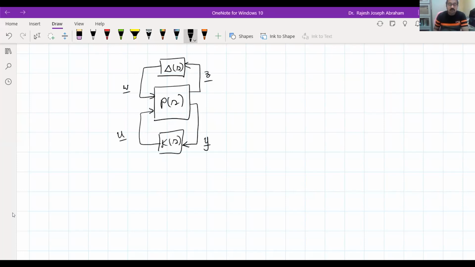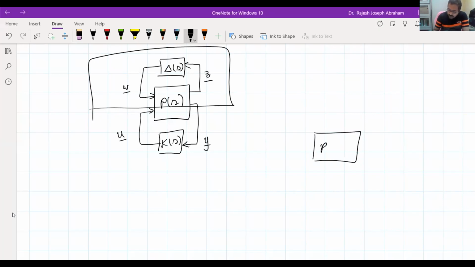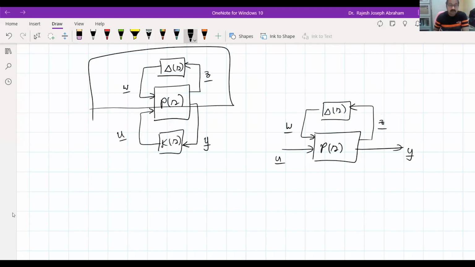Now we are going to consider different kinds of unstructured uncertainties, the way in which they are affecting the system and how they can be converted into upper LFT forms. So if you consider the nominal plant and the block, then you get what is called the upper LFT. This is the nominal plant, this is U, this is Y. Here is our delta. This is the regulated output, and this is the exogenous input W.